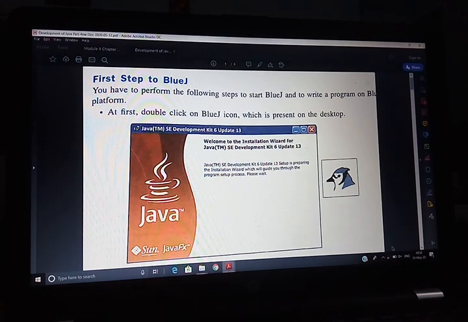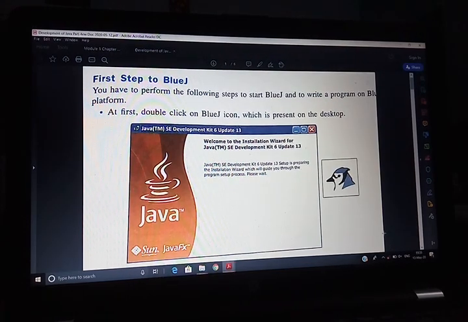It makes it easier for the user to work on the Windows platform. A sample program also appears, that I will show you later on. After compilation, it shows the error, if any is present in the program. Otherwise, it will display the message no syntax error.